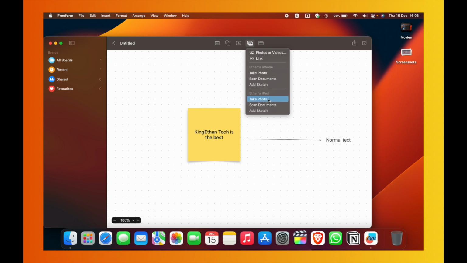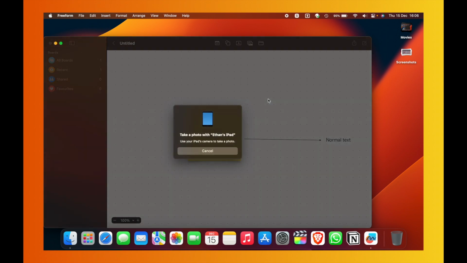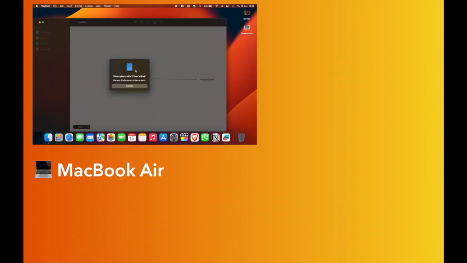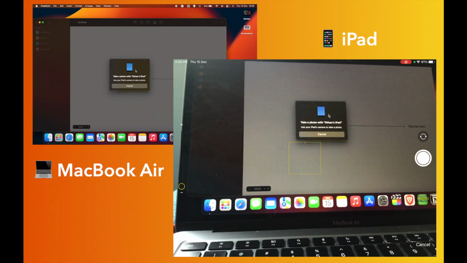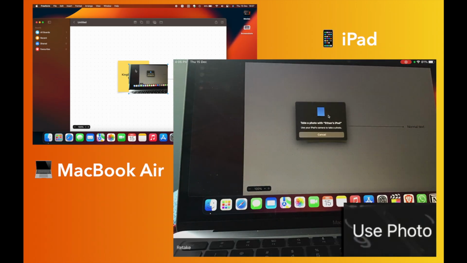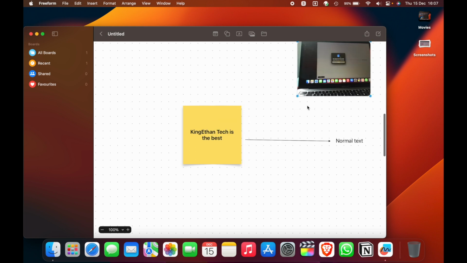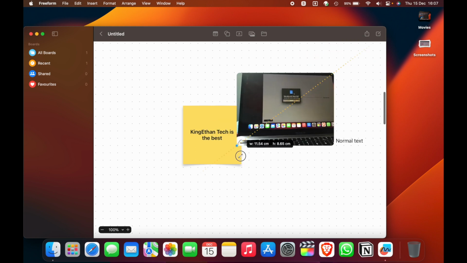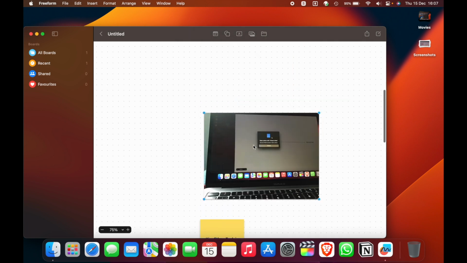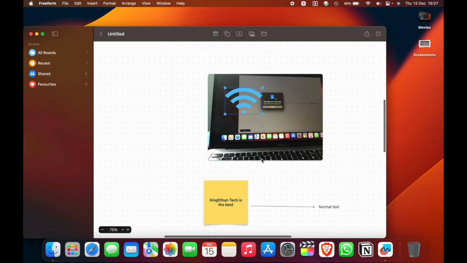So I can go on my iPad and I can say, take photo, and I can take a photo of Freeform itself, click use photo, and there you go. It pops it into Freeform. I can enlarge it, I can add arrows to it, etc. There's plenty of different things you can do with Freeform, and I want to do a full video on this,